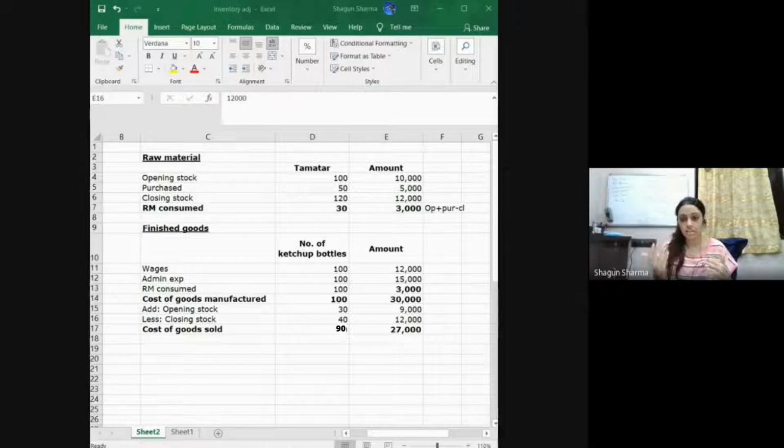So what answers does costing give you? It tells you whether manufacturing your product is feasible or not. If you're manufacturing two products, it tells you whether you should be manufacturing dolls or teddy bears. The other thing, the most important question that it answers, is at what price should you be selling your product, right? So how do you arrive at that selling price? You calculate all the costs that went into making that product, you add a profit percentage, and you decide your selling price. So this cost that you decide comes from your cost sheet, which you prepare in costing.